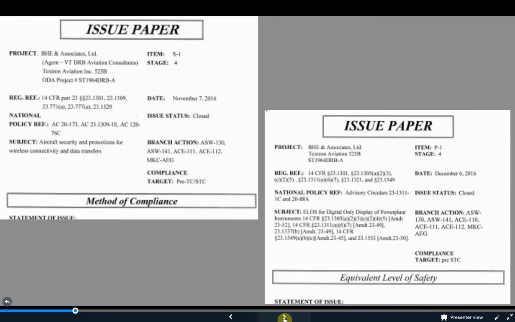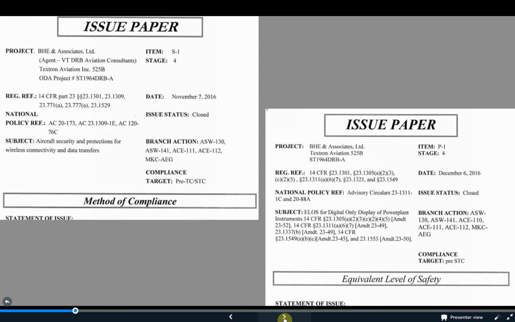everything is fully covered. There are other times when issue papers are also used, and they're not only for significant projects. Issue papers can be used for anything that doesn't quite fit into the norms of certification. For example, sometimes it's impossible to show compliance with the regulation because it is too prescriptive for the situation, like when it says a gauge must operate in a specific manner, which is great for analog gauges, but impossible for digital ones. In those cases, the FAA can determine that something meets the intent of the regulation or provides an